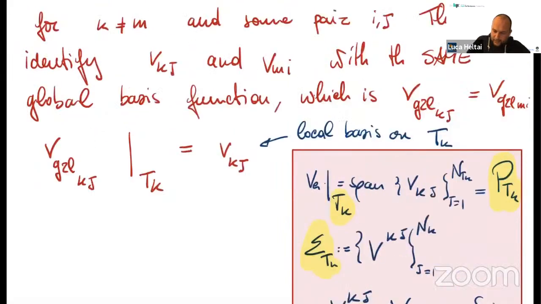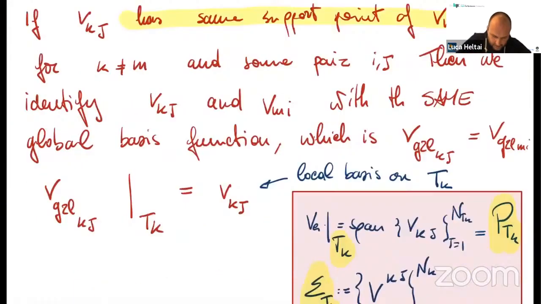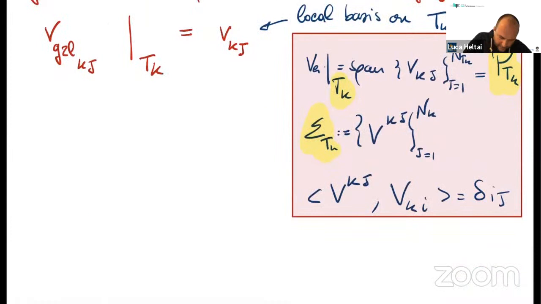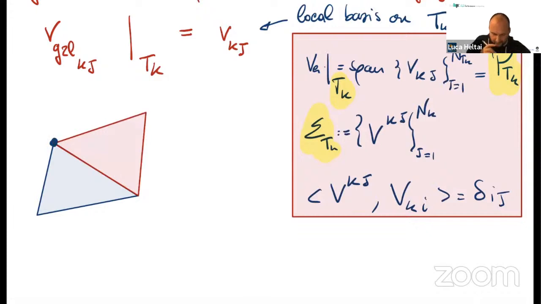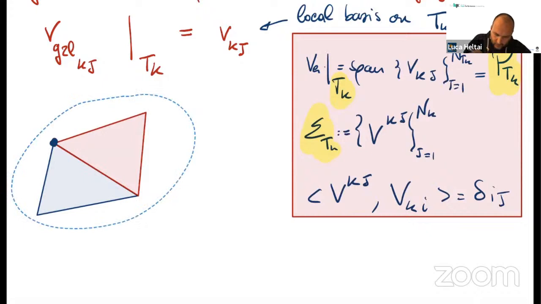So let's look at an example here. Let's say, for example, we have two triangles. And now you understand the picture that I showed at the beginning of the lecture. Okay, so we have two triangles. I don't like this non-symmetric triangle. And now we have here one point. And now let me plot this as if it was